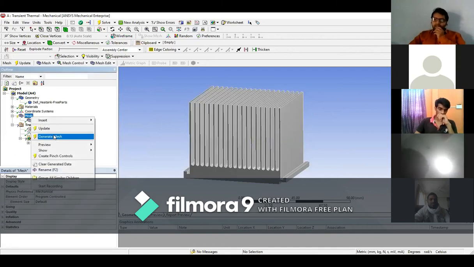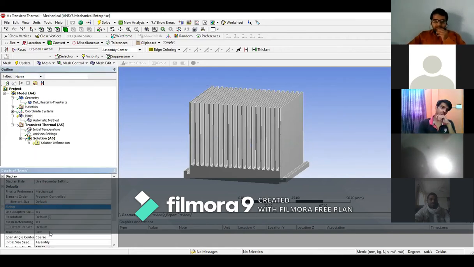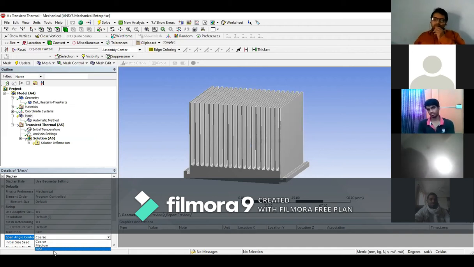then generate the mesh. Here for the sizing of meshing, take the coarse meshing, because if you take the coarse meshing, the meshing is generated very fast. If you take the size of meshing, suppose here in sizing you take medium and fine, if you take very fine, the simulation time of very fine meshing is more and more.